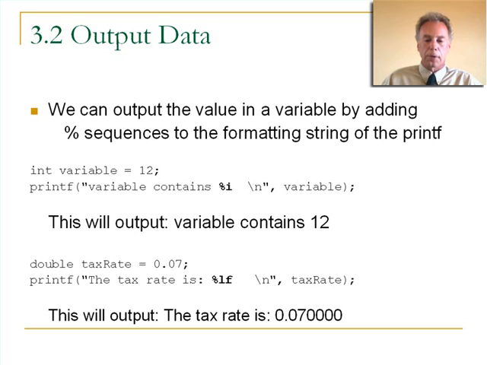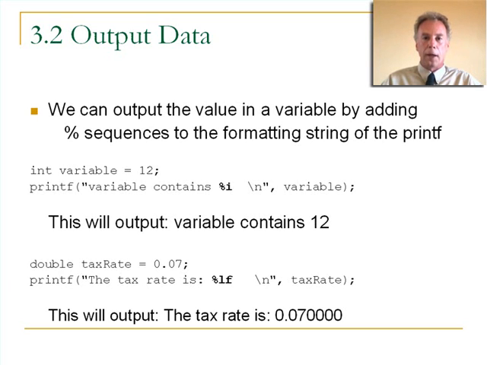Variable contains %i and then a comma and the name of the variable. It would output variable contains 12. So the value in the variable named variable, in this case, is output in the position where the %i appears in the printf. Here's another one where we would output the value in a double variable, so I've called this